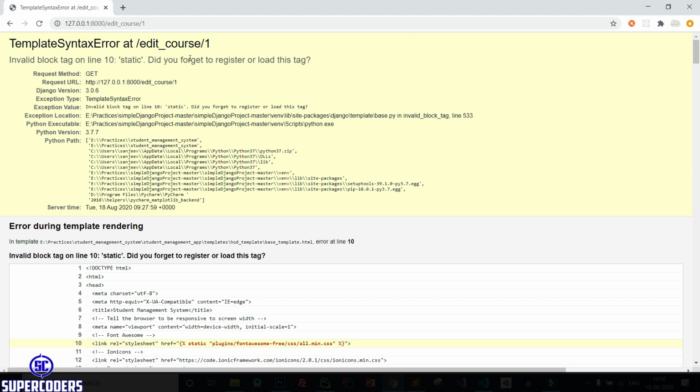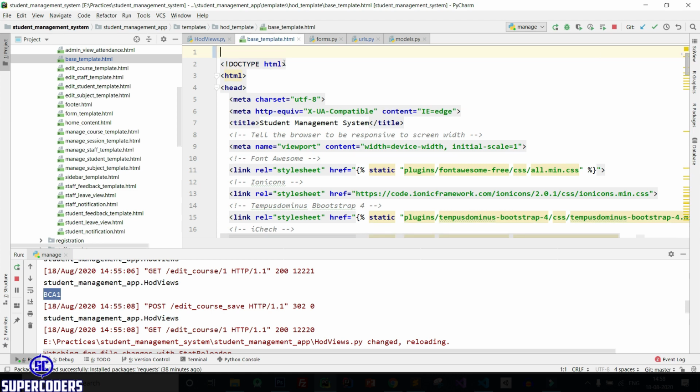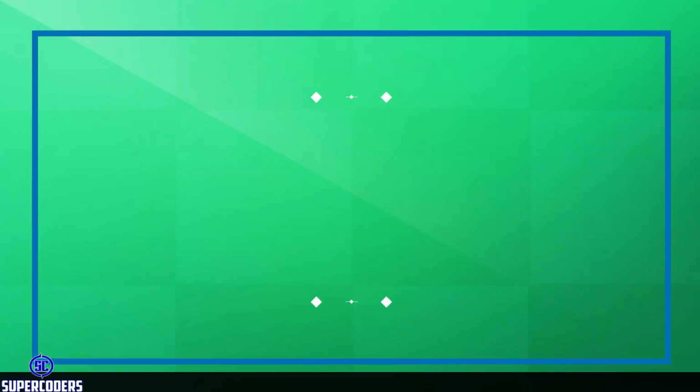Did you mean to register static? So this error comes when you miss importing static in your template page. And you can see here I am using static, but I didn't import it. So let's undo this code and save it. So this error comes when you didn't import static. Refresh page. Now it's okay.